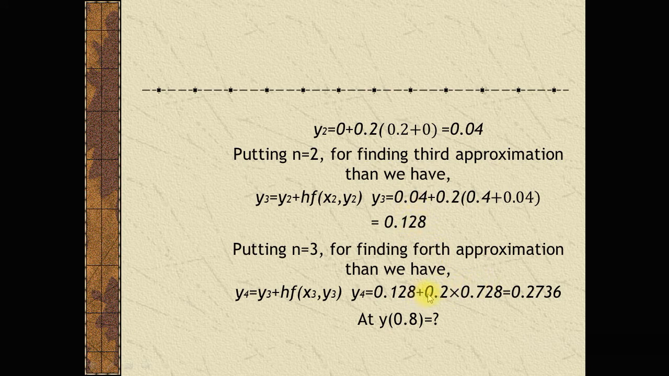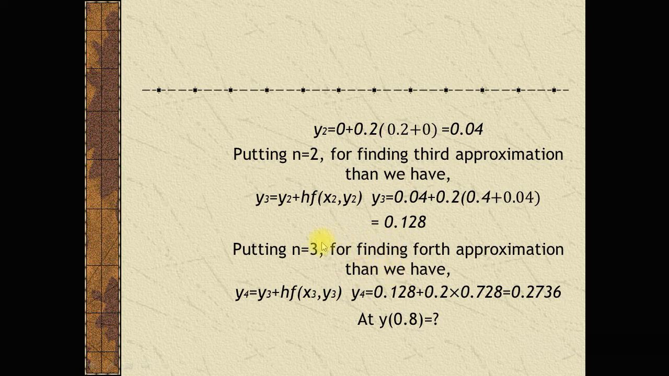and then after simplifications we obtain the value of y4, and this is the value of y3, this is the value of step size, and add the value of x3 and y3, we obtain 0.728, and 0.728 multiplied by 0.2 and then adding 0.128, we obtain the value of y4 is 0.2763. Now putting n is equal to 4, you will obtain the value of y5,